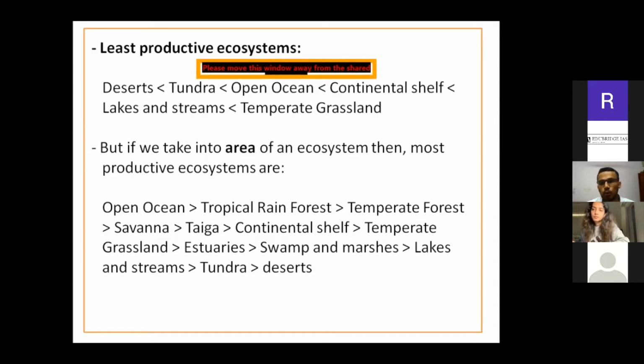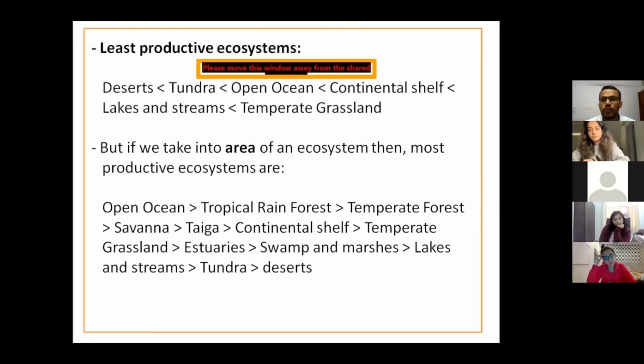Fine. Then open oceans. Why are we considering open oceans as less productive? Because, as we have discussed, nutrient is the factor which determines productivity of an aquatic ecosystem, and generally nutrients are available through the wash of water that is coming from the land or from the terrestrial ecosystem. So for open ocean, it is very difficult to have nutrient content. Why? Because its contact with land is not there, and that's why it is deprived of nutrients.